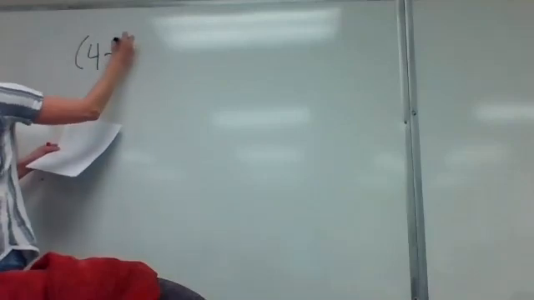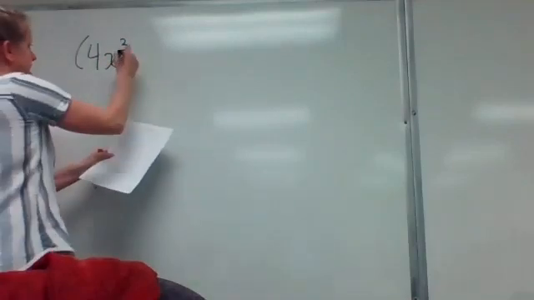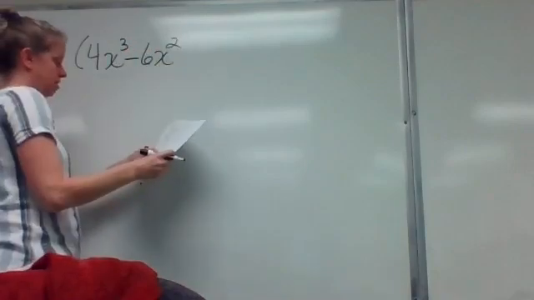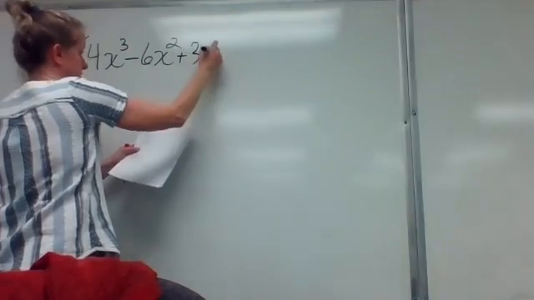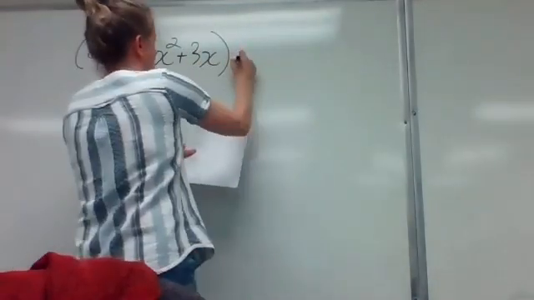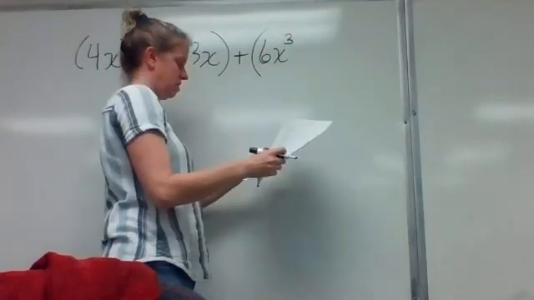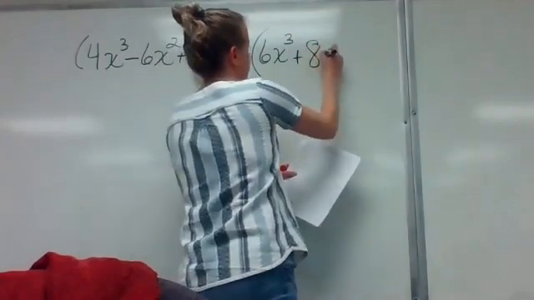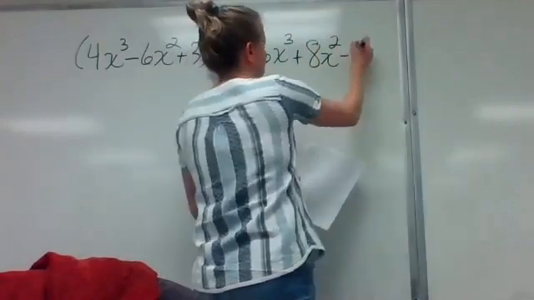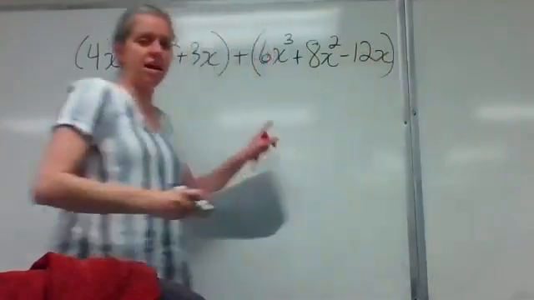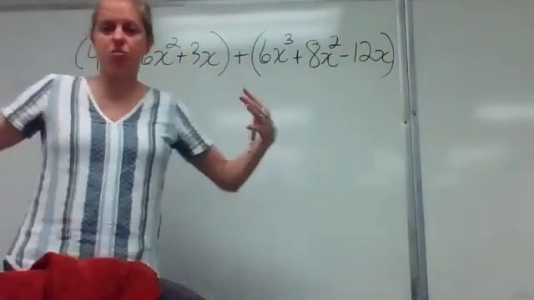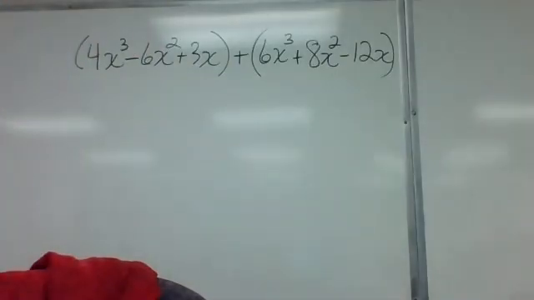All right, number 16. For x to the third minus 6x squared plus 3x. Then the second, so add that to this parentheses, 6x to the third plus 8x squared minus 12x. So again, since there's a plus in the middle, that just means we're adding those parentheses together or